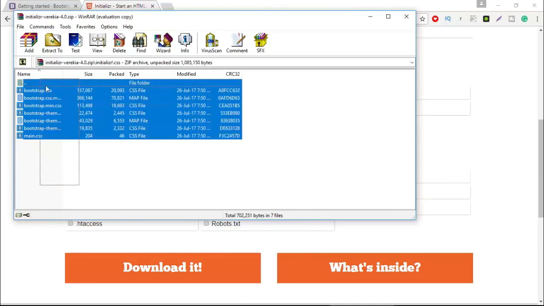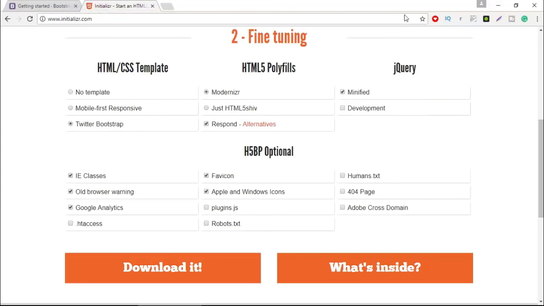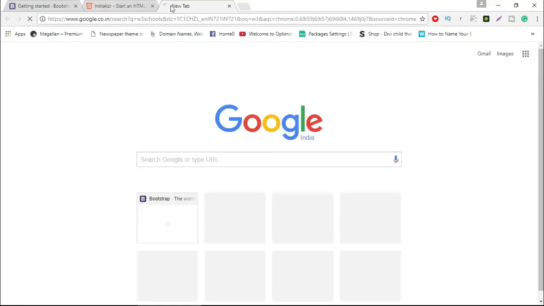So this is the third way where you can get all the files predefined and linked. You don't have to link anything, you only need to link the style CSS page. So this is the third way. Now the easiest method I am going to discuss with you, and that way I'll be doing all the work. I am coming here and taking a new tab and searching for W3Schools.